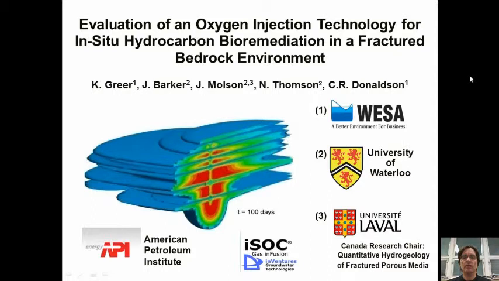This study started with a site in Fergus, Ontario, just north of Kitchener-Waterloo, with my colleagues who were interested in this site. It was a hydrocarbon spill, a former gasoline station, and they were interested in looking at ways to enhance the degradation of the hydrocarbons by injecting oxygen, and eventually that's led to other areas of interest too. But for now, we'll look at the behavior of these contaminants in a discretely fractured